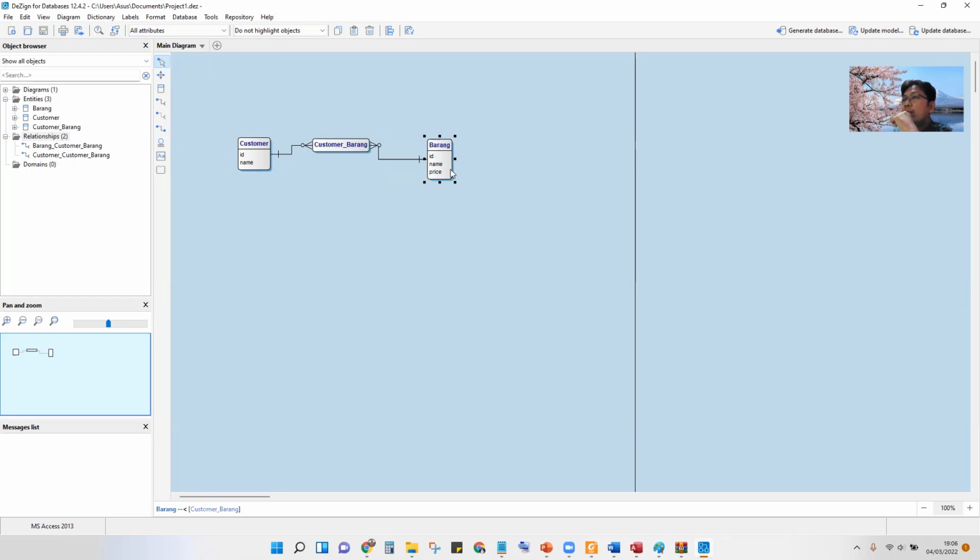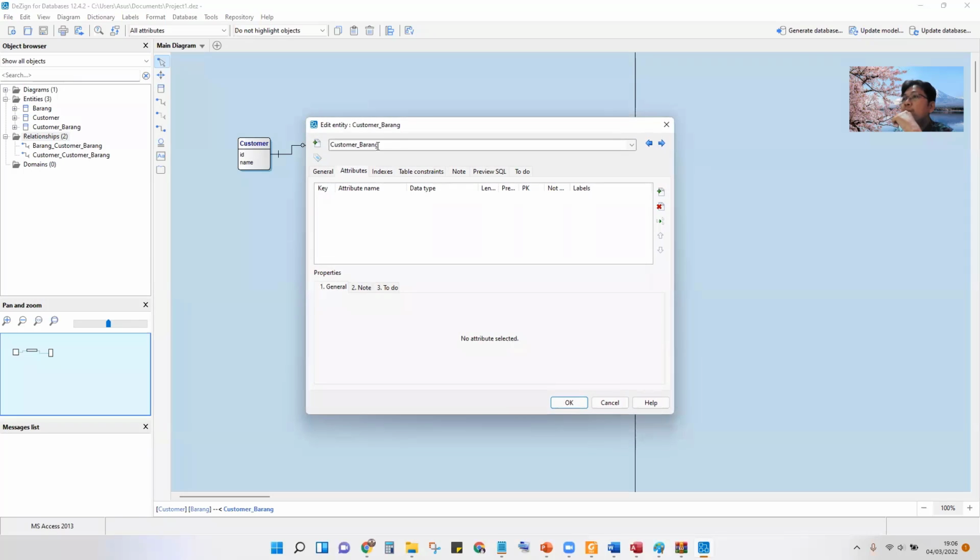So the default name is customer barang, customer stuff. And this is many to many. One customer can, of course, you have to rename this. For example, buying, transaction buying or selling.